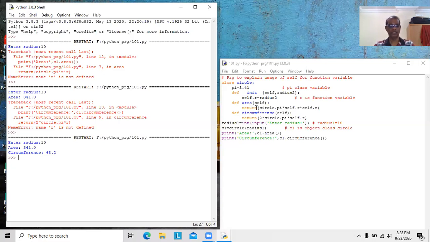Now let us study one more program. So already we know very well the library management system. In the library, I would like to display what books are available, with the help of a class as well as a list. Already we know very well that a list is a collection of different data types.